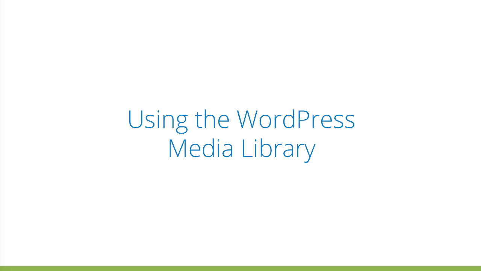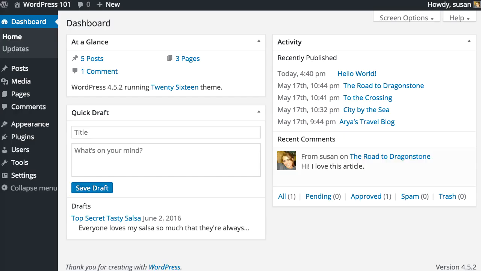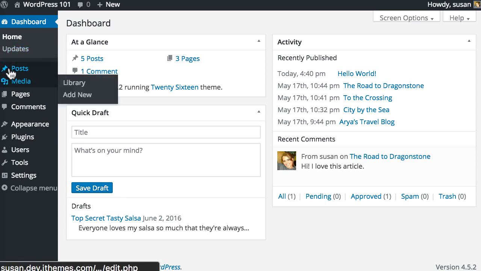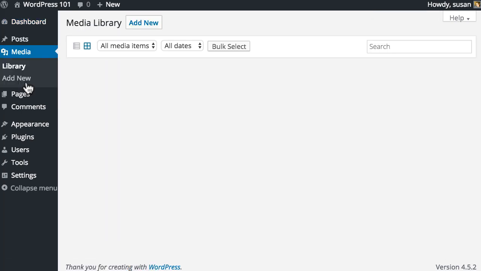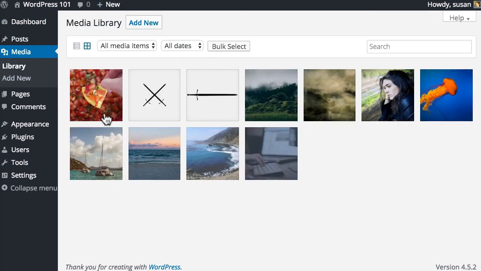In this video, we'll learn how to use a WordPress media library. From your dashboard, to get to your media library, you can come over in the left-hand side navigation, and right under Posts, you'll see the link to Media. If we click on that, it's going to take us to our media library, and it'll show us any media